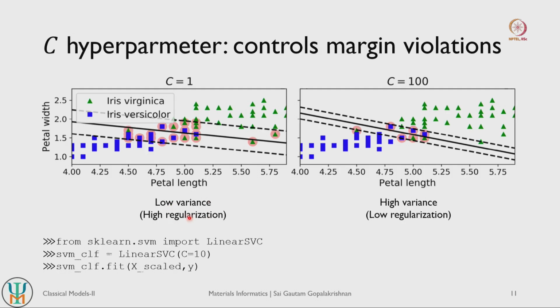So you have low variance and high regularization, but if you have larger values of C, then you can have high variance and low regularization. So your model will take in fewer outliers, or your model has a higher tendency to overfit. Basically think of C as your control of margin violations, or as your control of regularization. So narrower streets, the model is not regularized as well; wider streets, the model is regularized more, but this can lead to more outliers, this can lead to fewer outliers. So this is a hyperparameter that we need to optimize for our given task.